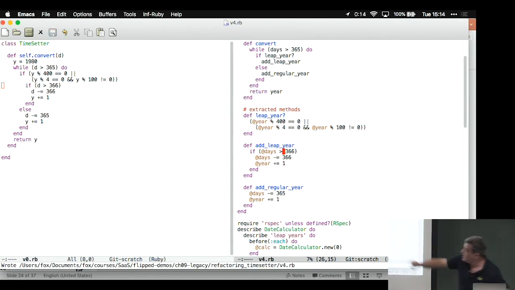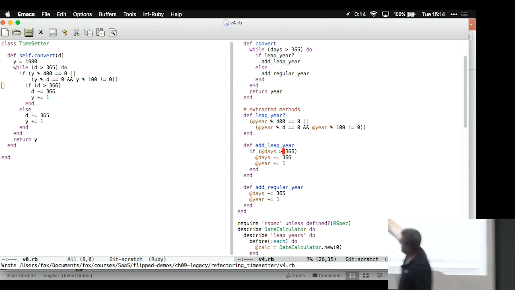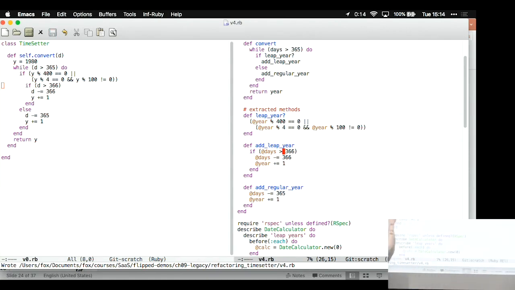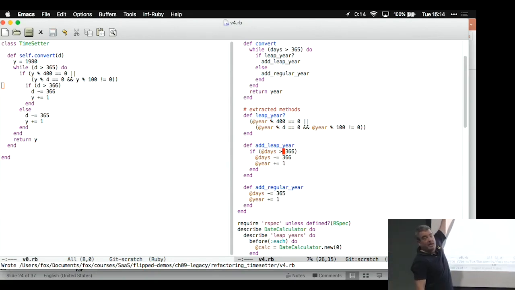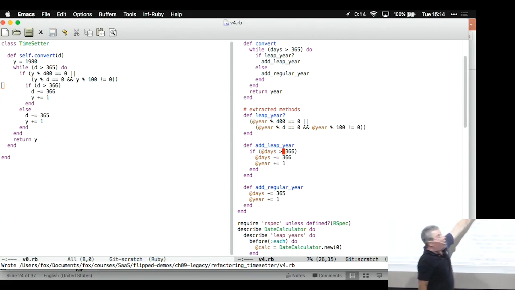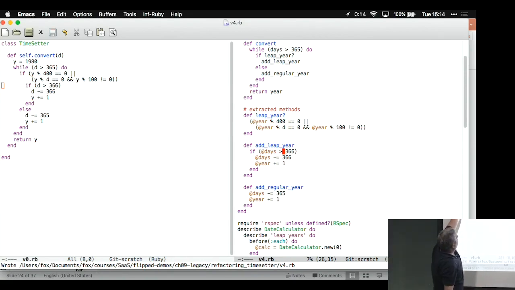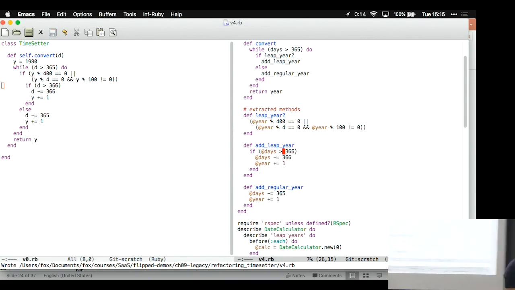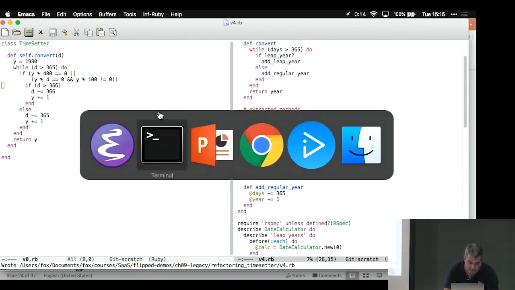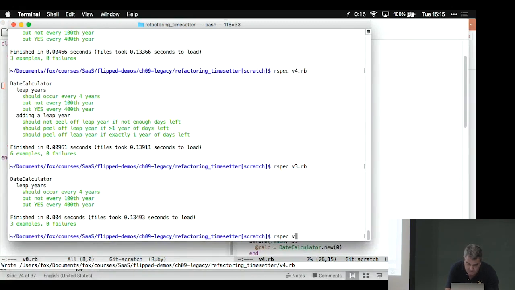Because the add leap year function corresponds exactly, right? This code is exactly the code inside that nested if statement. All I did is take that code and move it into its own function that I can test separately. So if I really copied the code, I should have copied d greater than 366. I've now changed this to match in order to illustrate the point that if I run that version,